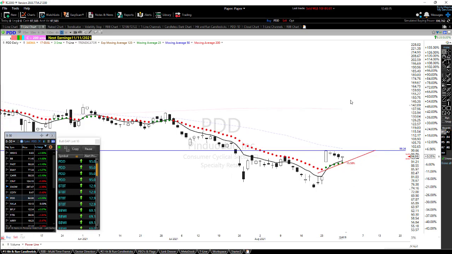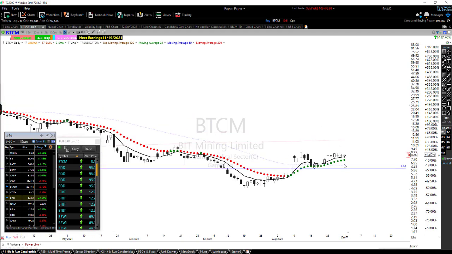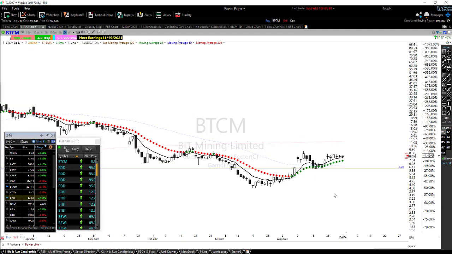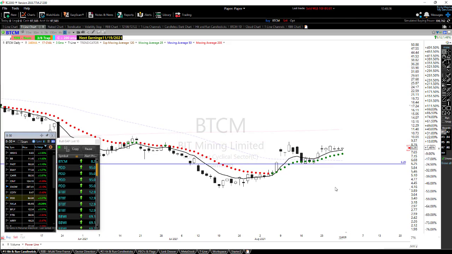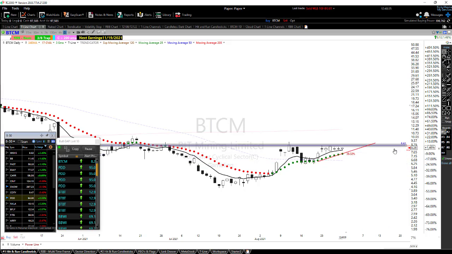And they're not always down here. They could be up here as well. Let's go look at BTCM. It's not up here, but it's not way down here either. And you can see that it's got that gap. We're below the highest high in 5 days. And there's that wedge right in here. You can certainly draw a horizontal line right there.